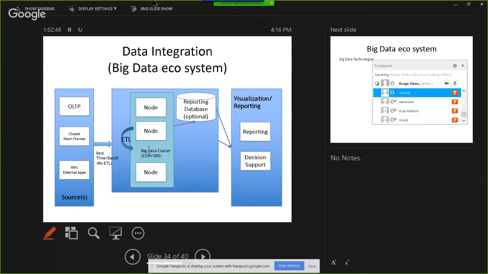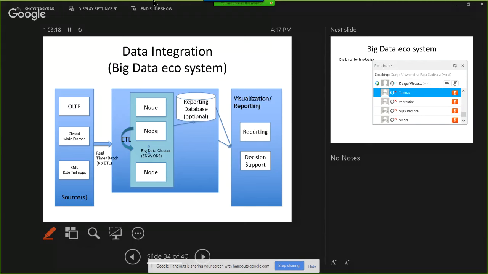The reason why we used to have the separate reporting database is, as I have mentioned to you earlier, before Spark, reporting out of Hadoop is not interactive in nature. It takes a lot of time to get reports. Now with Spark, the relevance of that reporting database is going down significantly. A lot of guys are using the Spark connector or the Impala connector of Cloudera to directly report out of big data clusters.